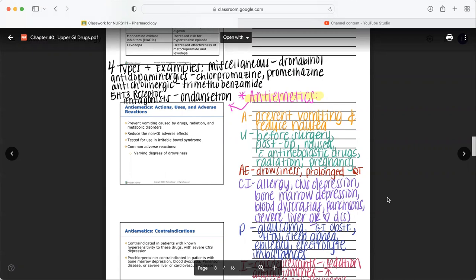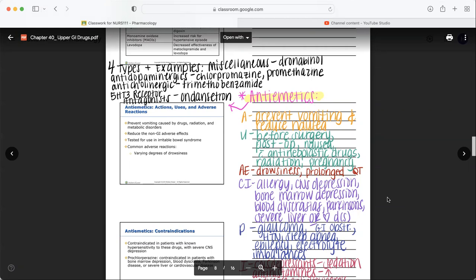But regardless, it's going to help prevent emesis or vomiting. Antidopaminergics like chlorpromazine or promethazine are going to help prevent vomiting and reduce the nausea. Anticholinergic drugs like trimethobenzamide, and then